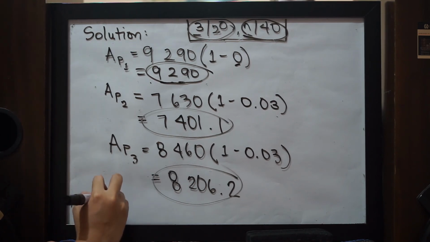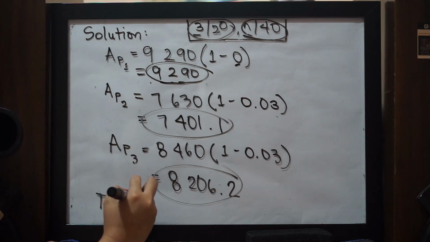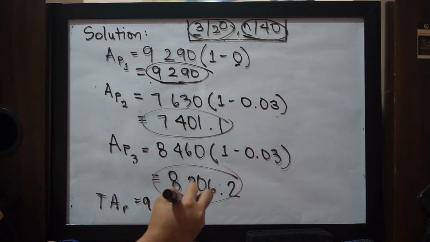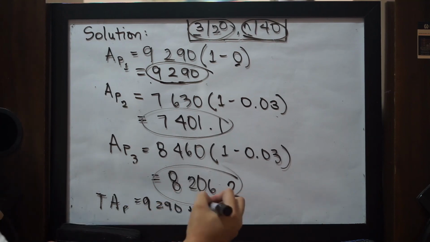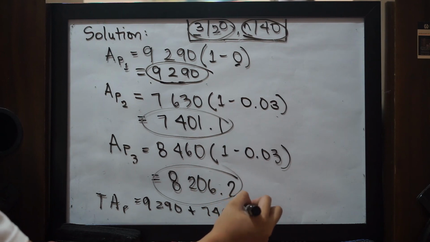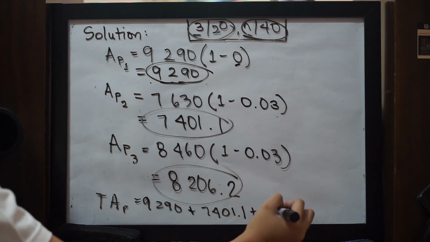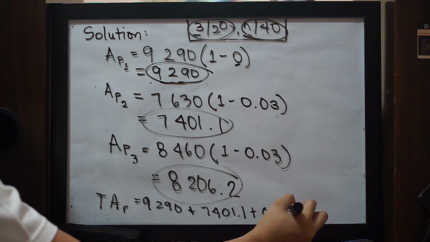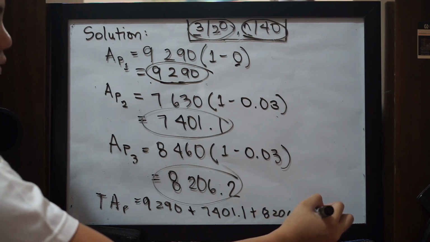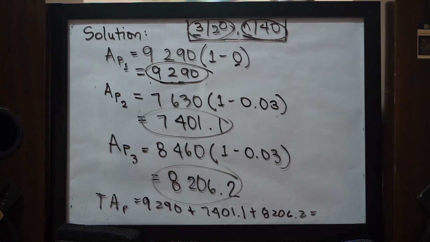So, the total amount payable is equal to 9,290 plus, I hope you can see this, 7,401.1 plus 8,206.2. Final answer is, inputting this in your calculator,